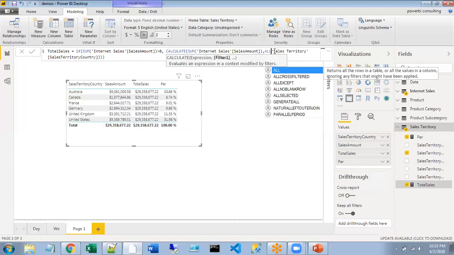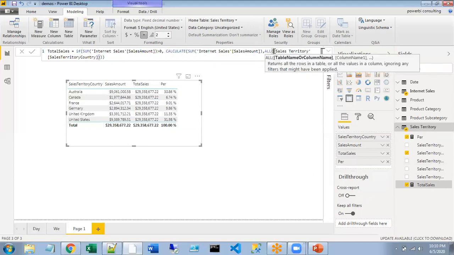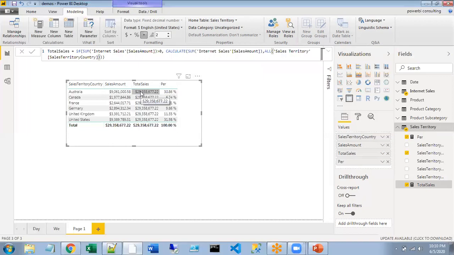If you see the description here, it returns all the rows in a table or all the values in a column, ignoring any filters that might have been applied. So if you see here, the filter context usually is Australia. Australia value is part of which column?